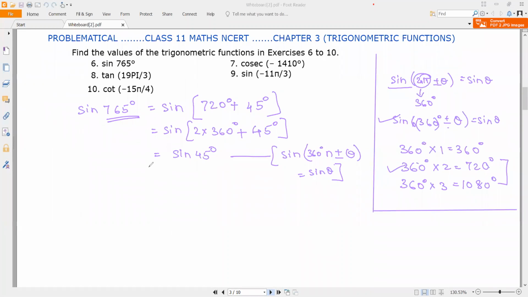So we know that sine 45 is equal to 1 upon root 2. So this is 1 upon root 2. That's your final answer for sine 765 degree. Now,